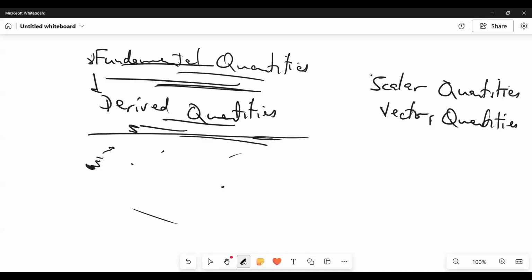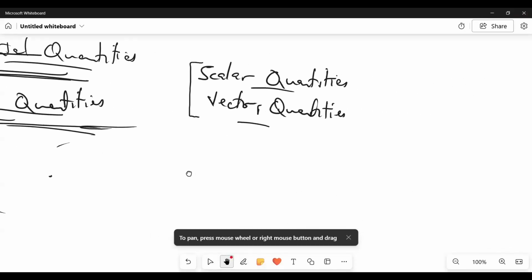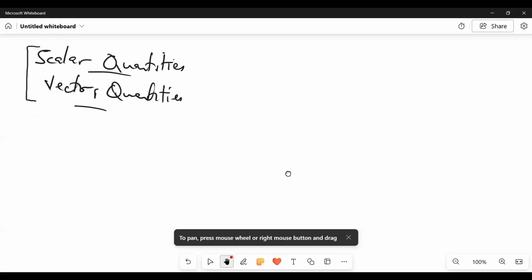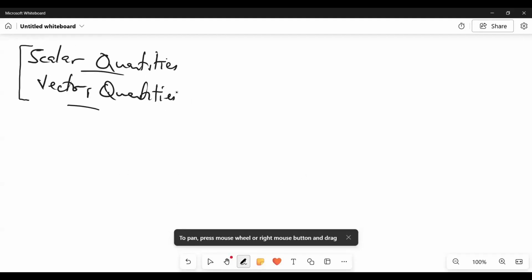That's why. Yeah. So another way of looking at quantities in physics is by looking at them as what we call scalar quantities and vector quantities. Now, what are scalar quantities? What are vector quantities? Vector quantities are quantities that have magnitude and direction, while scalar only has magnitude. Very good. So scalar quantities are quantities with magnitude,